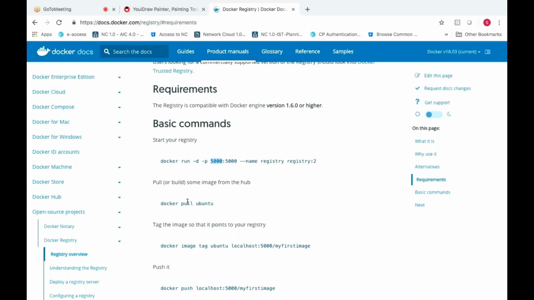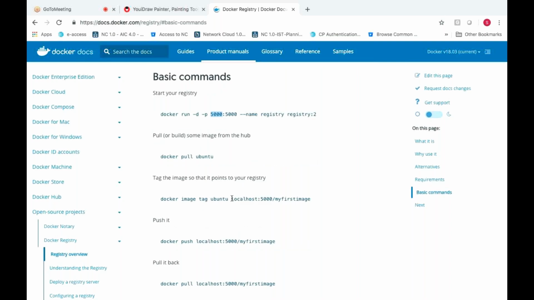Convert that into your local host. So this is your local host, where my name is nothing but the name of my Docker Hub account. Here localhost colon 5000, in the sense my image first tries to search for localhost with port 5000. This particular host it is trying to reach, and after that it will upload this particular image. Once it is done, you need to push it. He is renaming the Ubuntu with this particular name, so he is cloning it. Once it is cloned, he pushes the image to our repository.